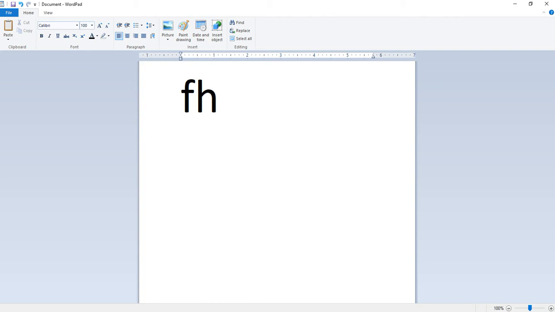Next is word wrap. We can begin typing in the new document. When text reaches the end of a line, it automatically flows to the beginning of the next line.